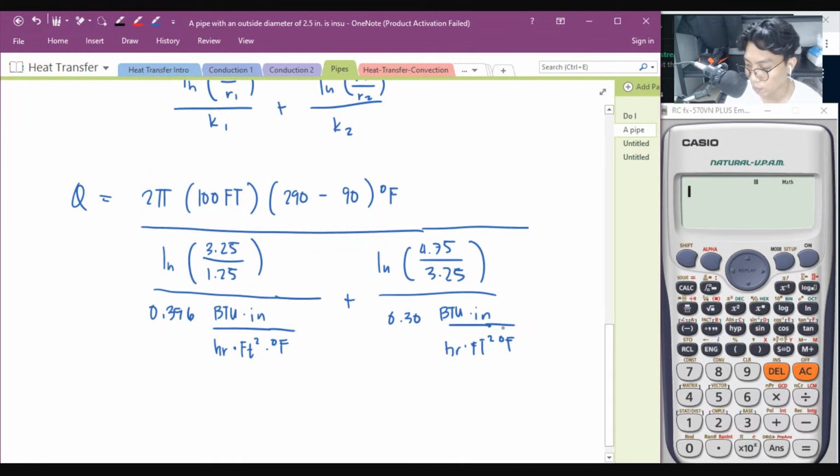Hindi ko kaya i-solve. Well, actually, kaya mo i-solve yan. Anong conversion factor mo dyan? Sige nga, anong conversion factor mo dyan, my friend? Simple lang. Multiply mo na lang buo yan ng 1 feet per 12 inch para maging square yung feet. Makakancel mo yung inch dito. Tapos yung feet, makakancel mo rin kasi feet squared. Then we cancel all the same units.